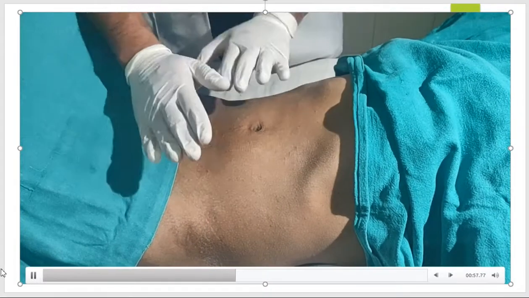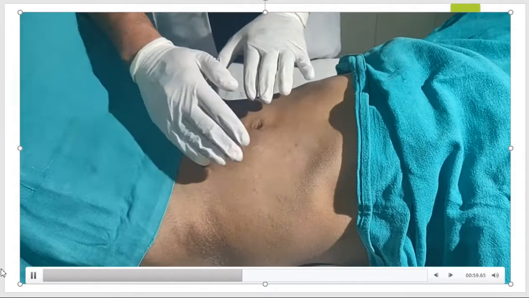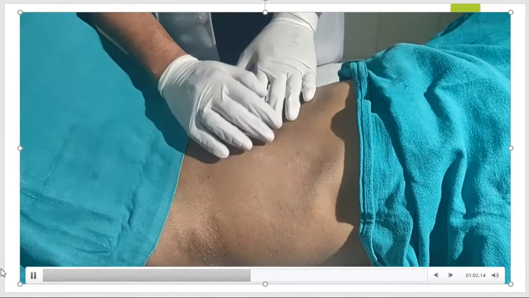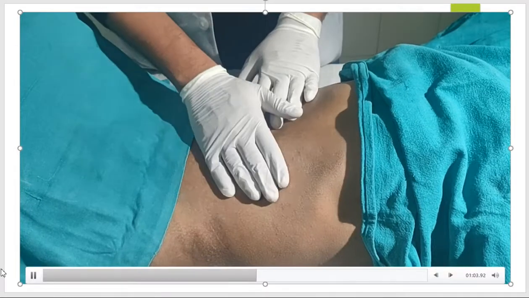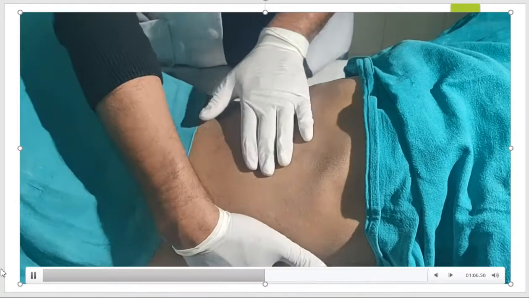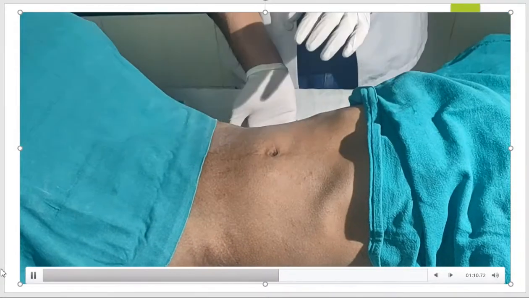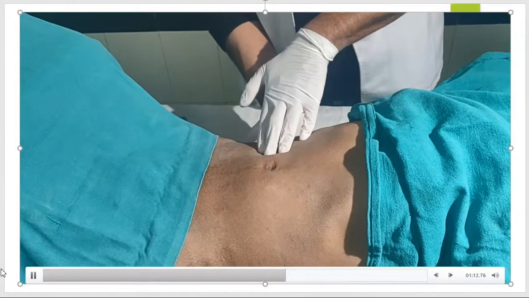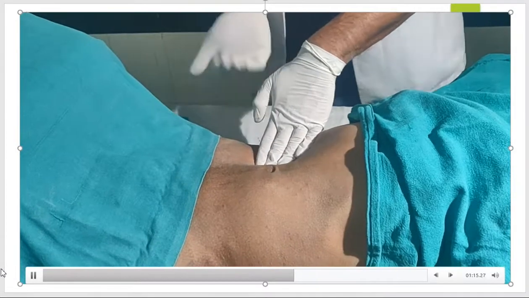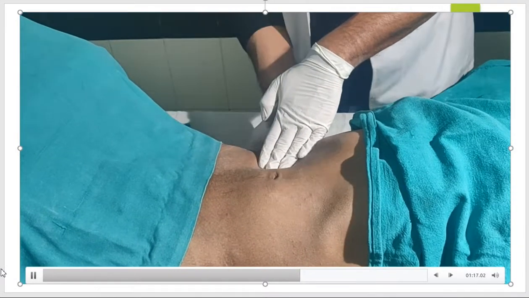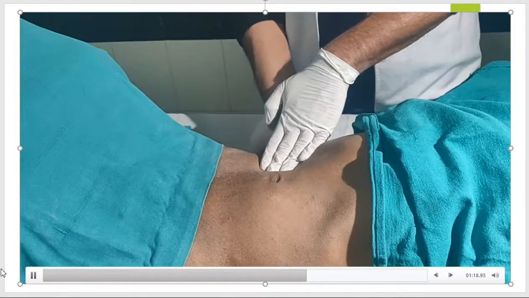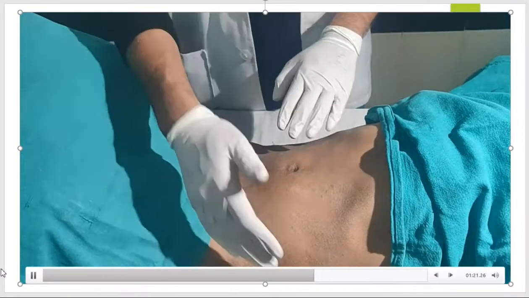Whereas a kidney mass is reniform in shape, in the left lumbar region. It is ballotable. Ballotable meaning when I place my right palm from below and left palm from above, with my fingers from behind, I'll be able to feel an enlarged kidney mass. That is ballotable.